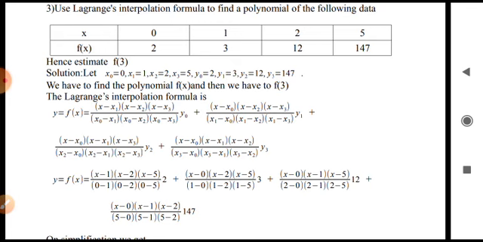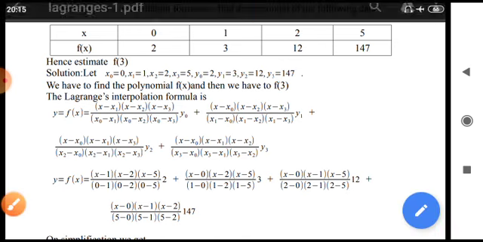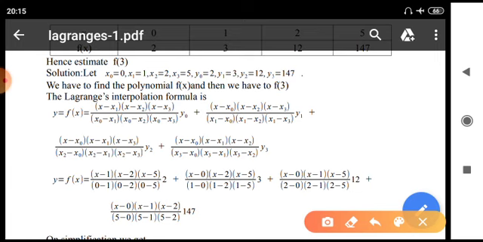plus second term, x minus x0, x minus 0, into x minus x1, x minus 1, into x minus x3, x minus 5, whole divided by x1 minus x0, it is not 3 minus 2, it is 1 minus 0, 1 minus 0 is 1. Then x1 minus x2, 1 minus 2, then x1 minus x3, that is 1 minus 5, into y1 which is